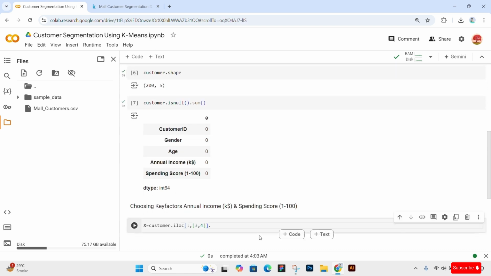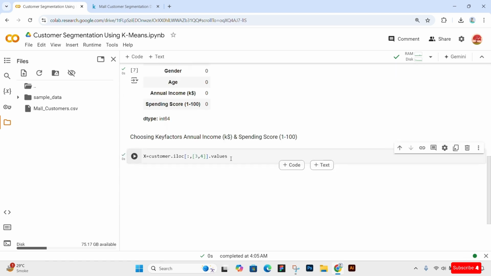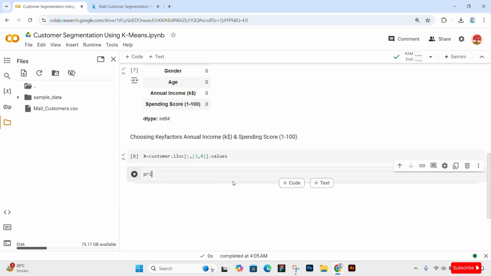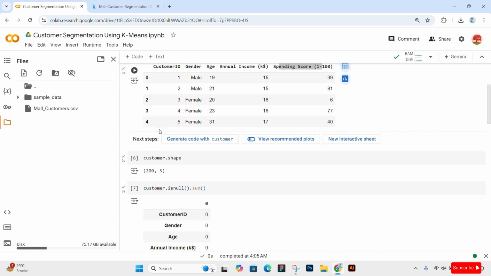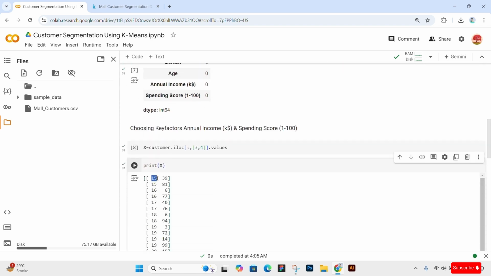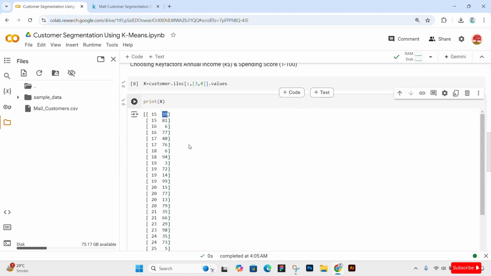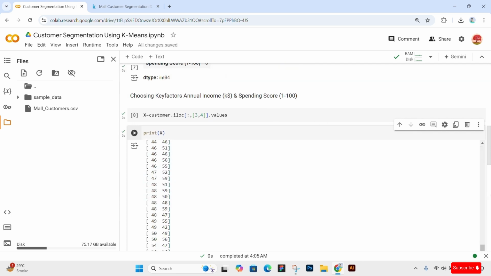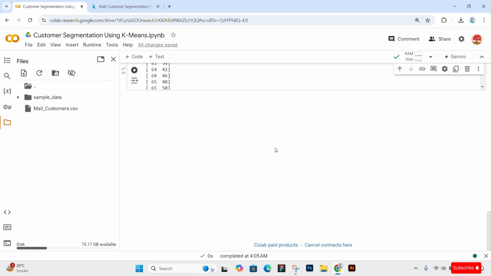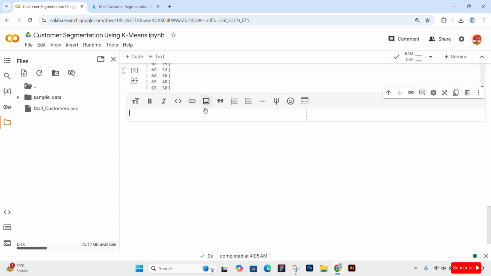So now we will locate our key factors at the key index positions, and we will get their values. So we will print our X variable. This is how our values look. The first is our annual income and the second one is our spending score, which ranges from 1 to 100. Okay, the spending score is between 1 and 100. So after checking our X values at locations 3 and 4,